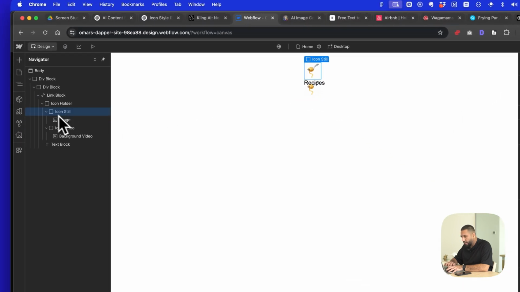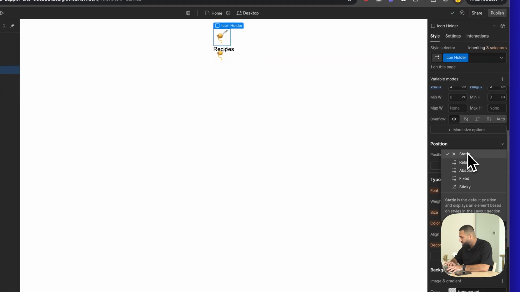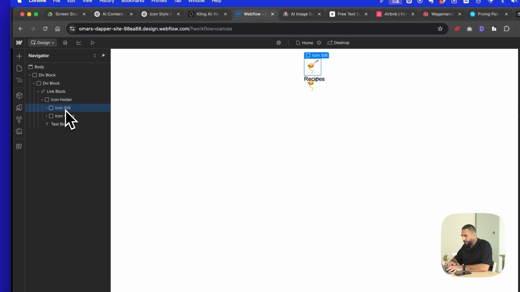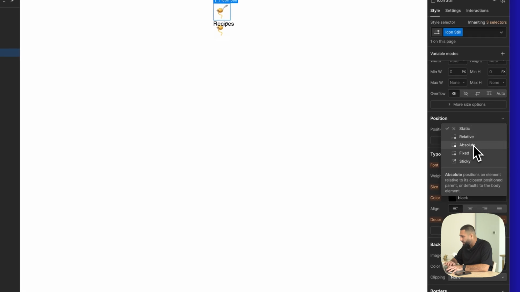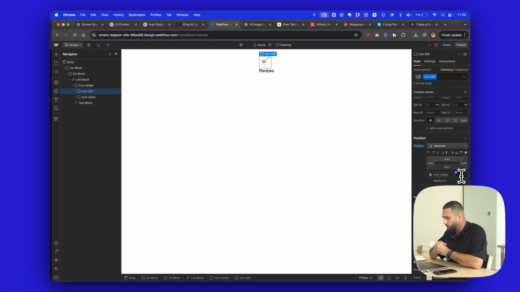The icon video is going to be absolute. So this icon holder we're going to set to relative here. Icon still we're going to set to absolute, and we're going to set the Z index to, let me think here, or we're going to do show hide. Let's think. So how did it work on here? Was it,